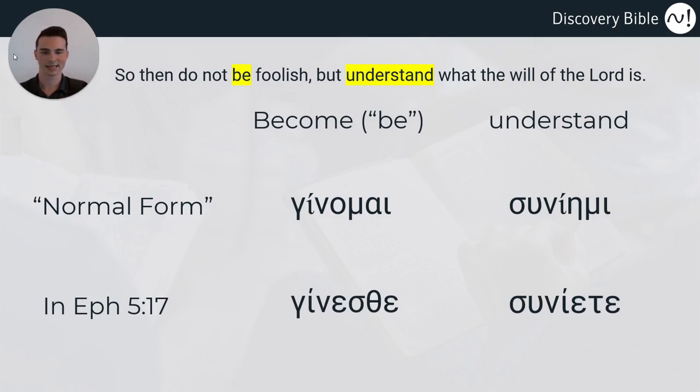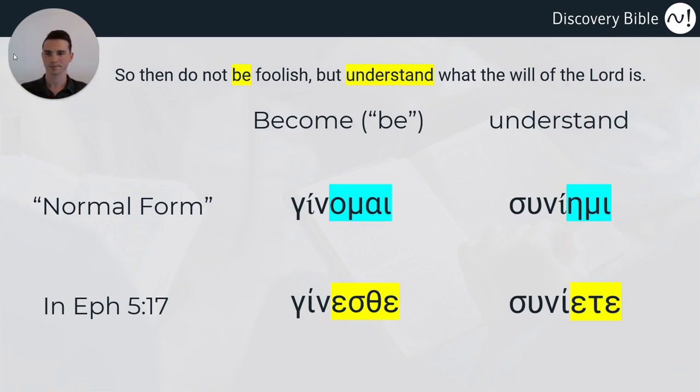And just in case you don't need to know the letters, but I'll highlight it for you as well. You can see that they're the same word, but they've got a different ending. And English does this to some extent. We have words like run or running or ran. It changes the middle of the word. Greek does this as well, but we want to understand what it means when it changes the form of the